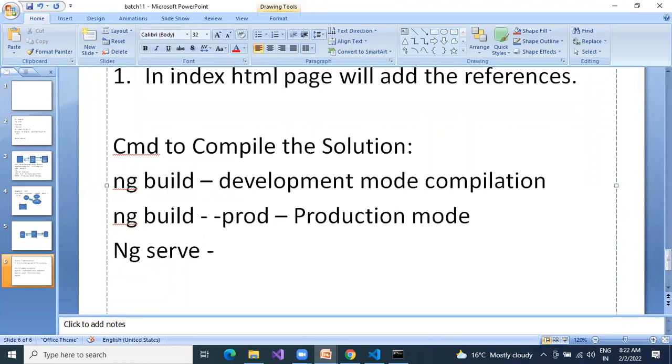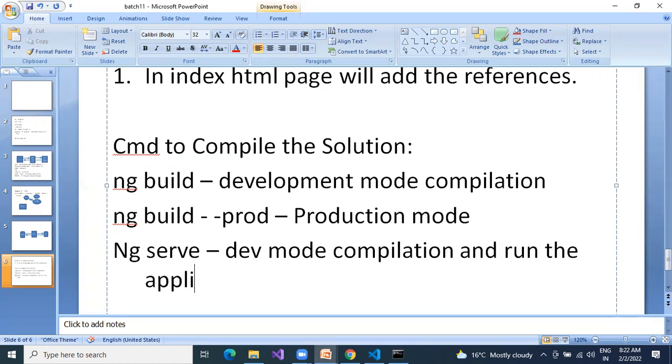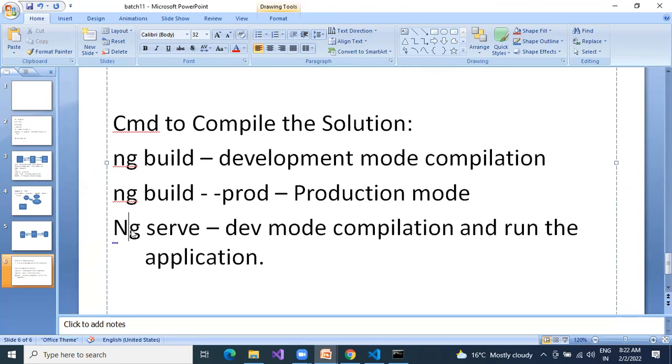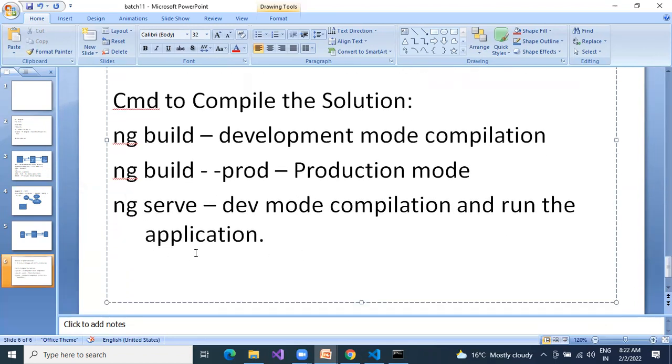It will perform development mode compilation and run the application. Which application? Your Angular application. Next, npm start.